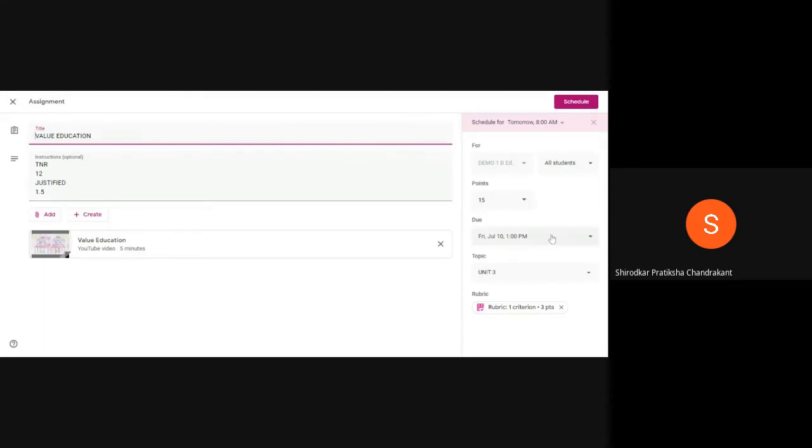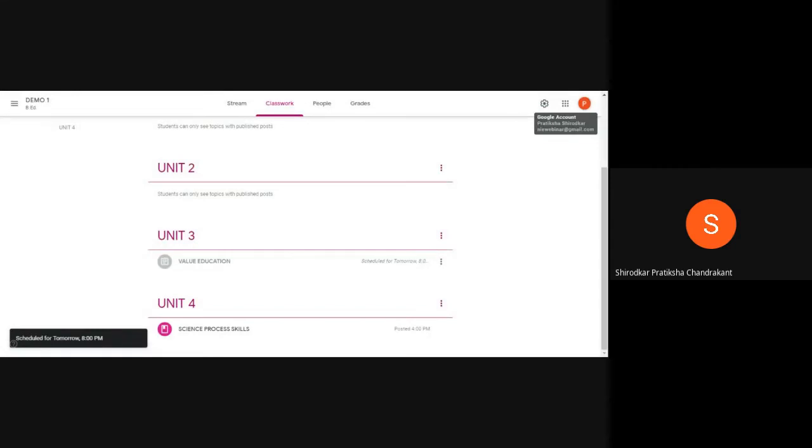Say suppose you have by mistake written 8 a.m. but I want to send it at 8 p.m. So you can change it here and you can again click on schedule. So this allows you to even edit the assignment that you have already scheduled. It also allows you to delete. Say suppose you don't want that assignment to be sent to the students because you have not finished that portion and you cannot expect them to do that assignment at that particular time. You can also delete the assignment, or you can also postpone that particular assignment by changing the schedule date.